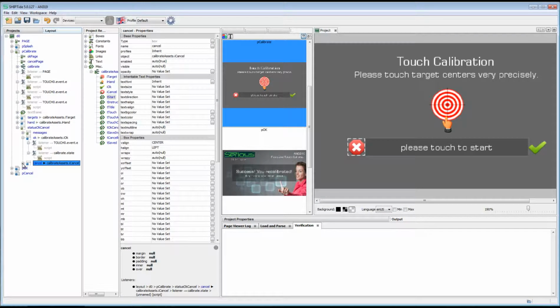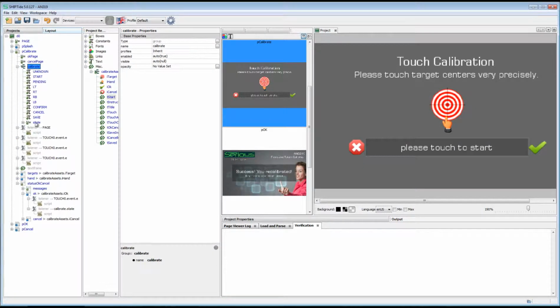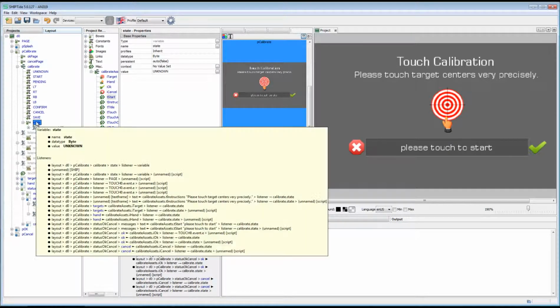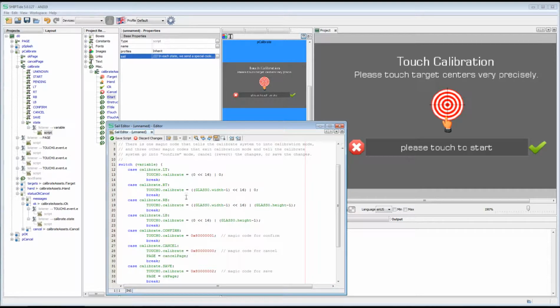So the basic process, and you can go through this in fine detail as you walk through how this state machine works, and then clone it into your project if you want, is you enter the page, there's a state machine that's driven by this calibrate group and the state variable here. The state variable starts at unknown and walks through these different states. And as it goes through the different states, it issues commands. That's what this listener right here under the state variable does. It issues commands to the touch controller